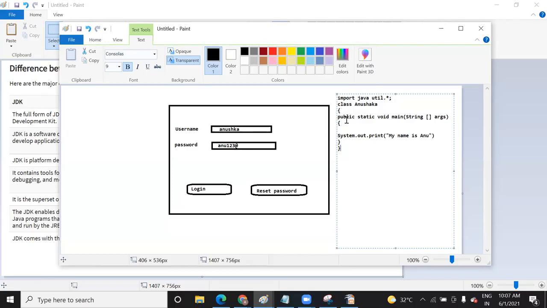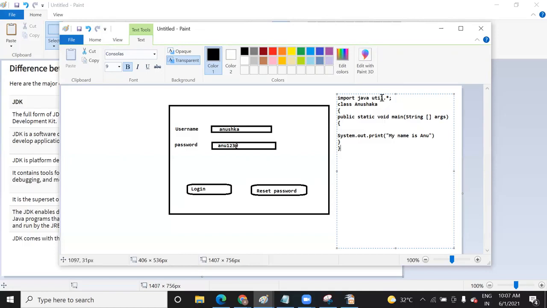So every instruction, every piece of code should be compatible or bound with each other, so that when you compile the whole program with javac at once, there should be no miscommunication, and a proper bonding should exist between each and every instruction.